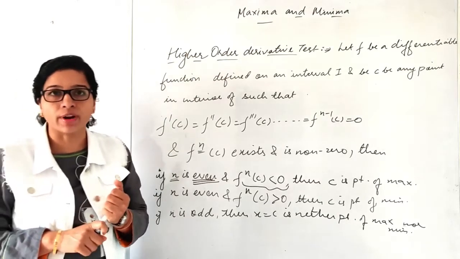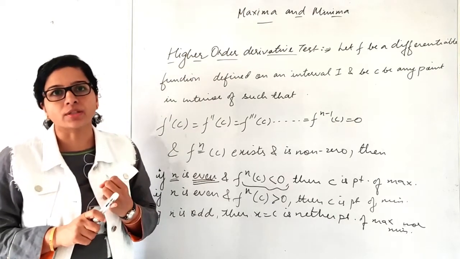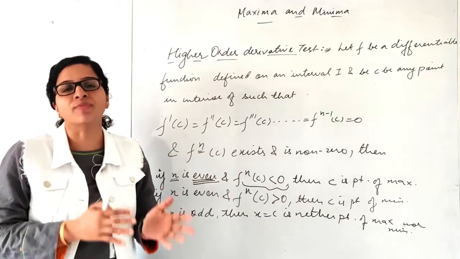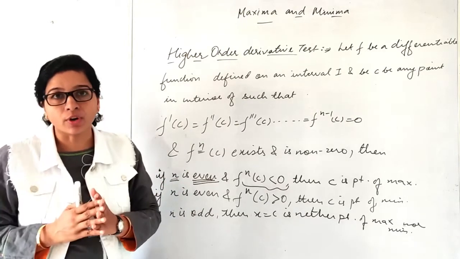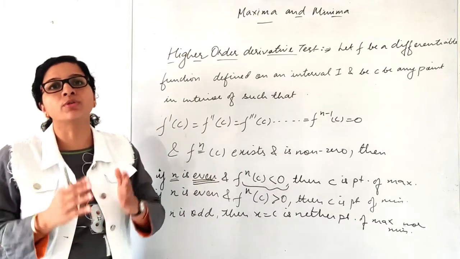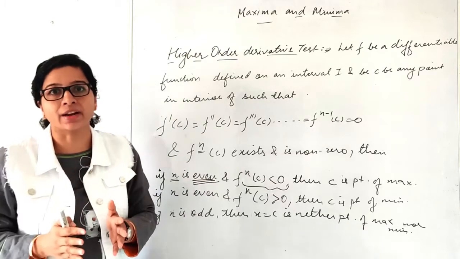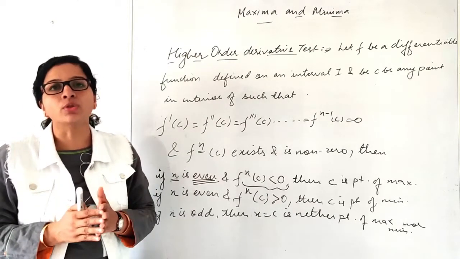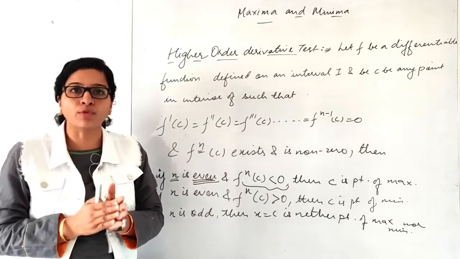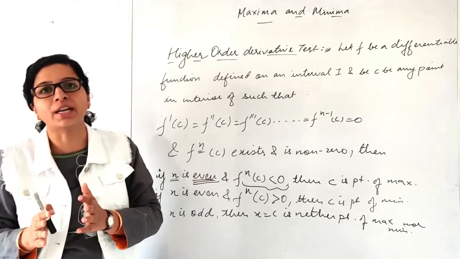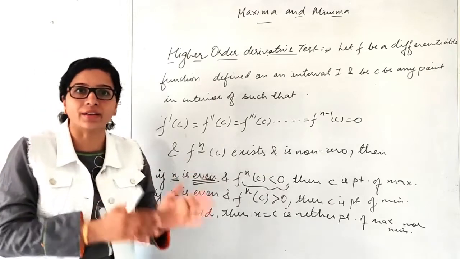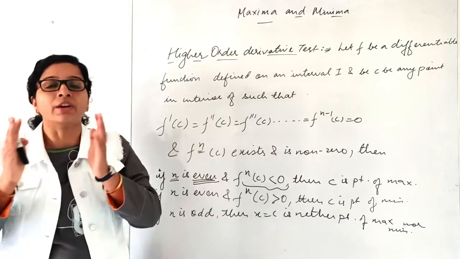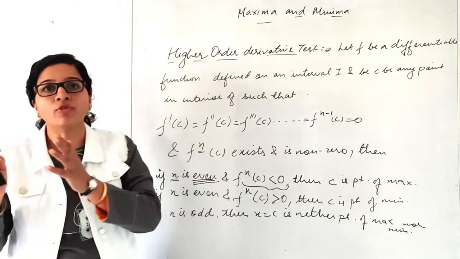So first of all, you have to find f dash x. Keep f dash x equal to 0. Find the critical points or the stationary points which can be the point of maxima or minima. And after that, what we have to do? We have to substitute those points in the second derivative, meaning f double dash x. Right? After substituting those points in f double dash x, we have to check whether the value we got from f double dash x is less than 0 or greater than 0. If it is less than 0, it means it is a point of maxima. If it is greater than 0, it means it is a point of minima.